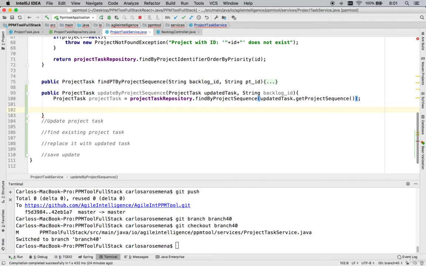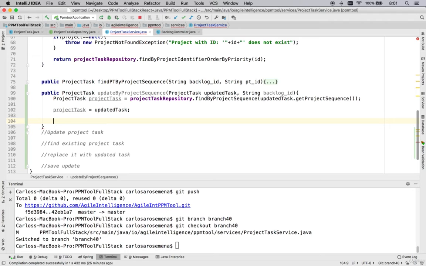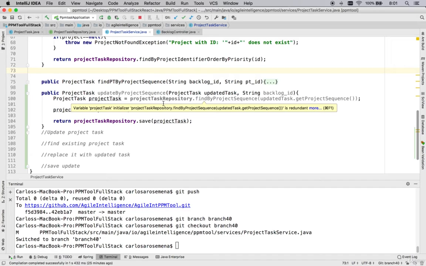Now that we have the project task, we want to switch it with the updated task, and then we want to obviously return the project task once we saved it. And save project task. Right. Cool. Okay, so I think that this should make sense. It's redundant. I'm not really sure what it means with it's redundant, because we're extracting the project task. We're finding the project task with a sequence that it's actually